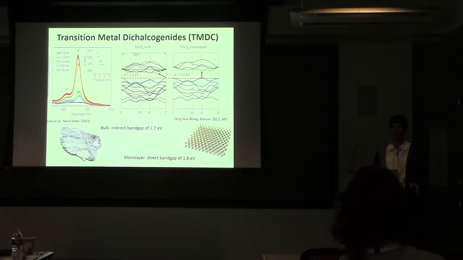It was back in 2010 when they exfoliated the ore of this material to one atomic thin molybdenum sulfide, and they saw that the photoluminescence of this material enhances 4 orders of magnitude. That means the band gap of the material has changed from indirect to direct, making them really special